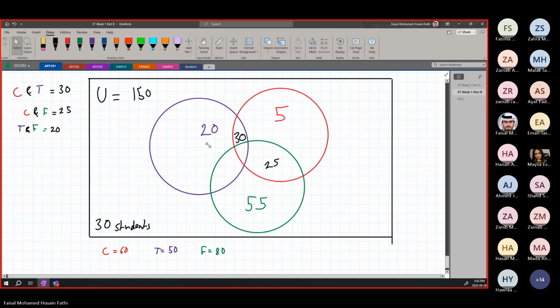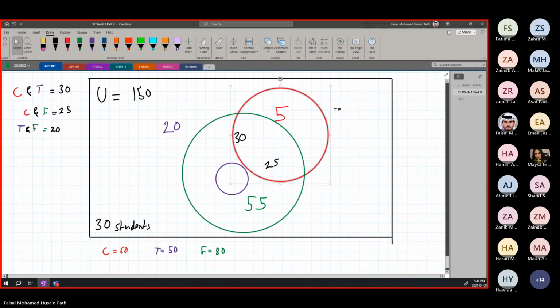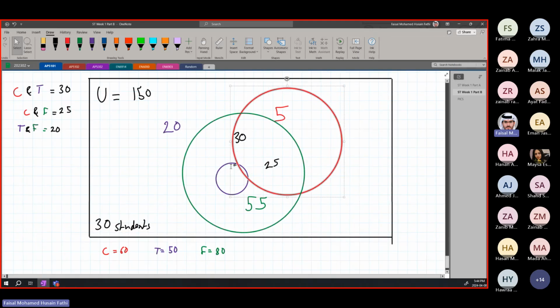How do I do this? Something like this. Right. But the purple is going to be much smaller. So let me just make this larger. Do not get confused. I'm just going to redraw it. And then it's the same exact circles. I'm not going to change anything. But so you guys can get the idea. This is going to be much smaller. And these two are going to be much larger. And the purple is in between here, 30.